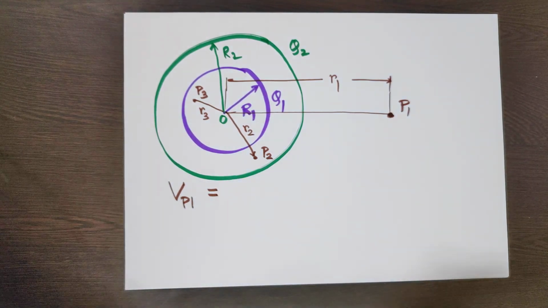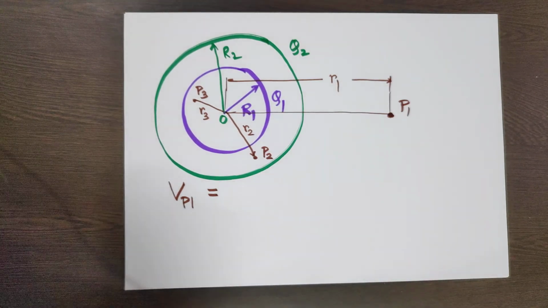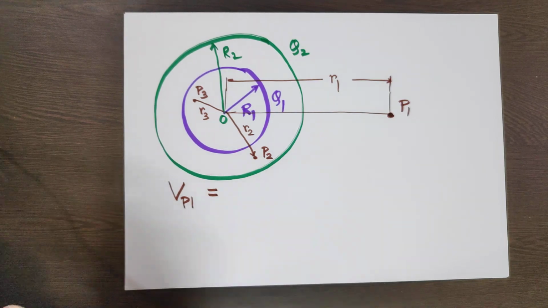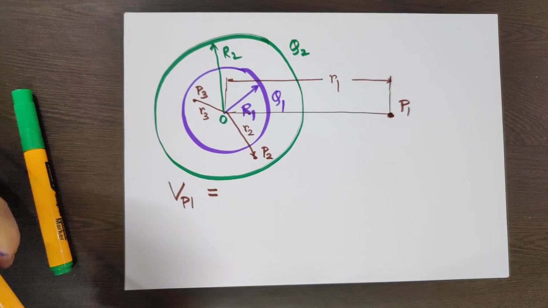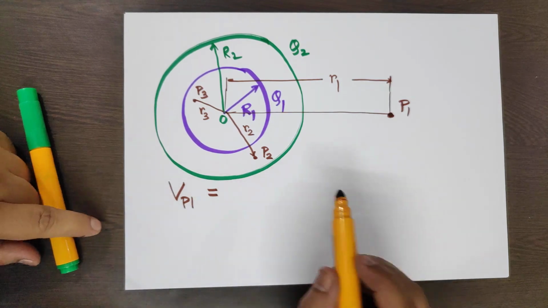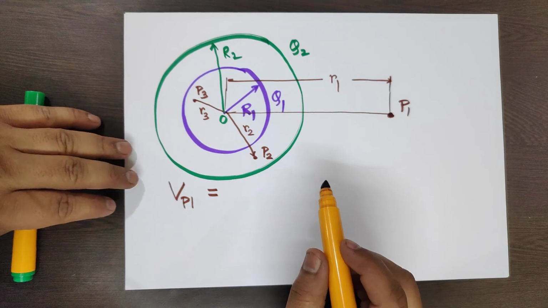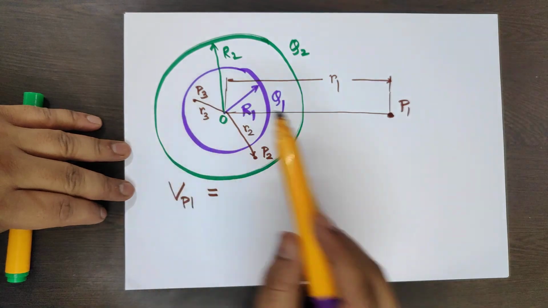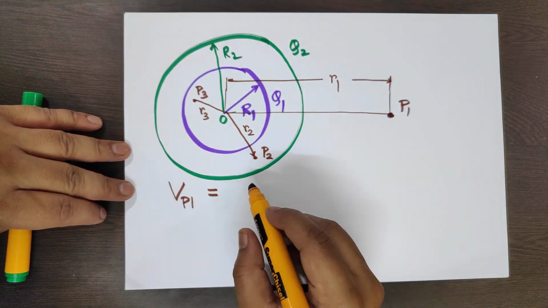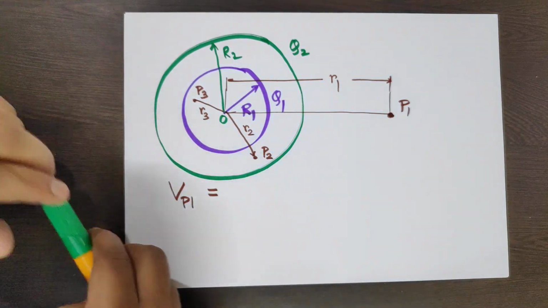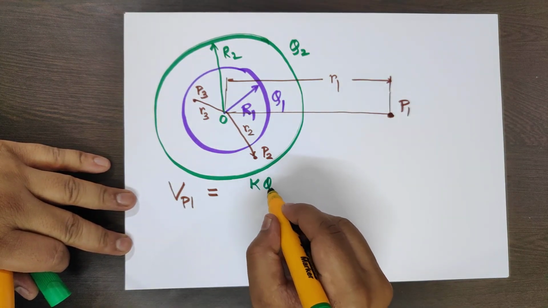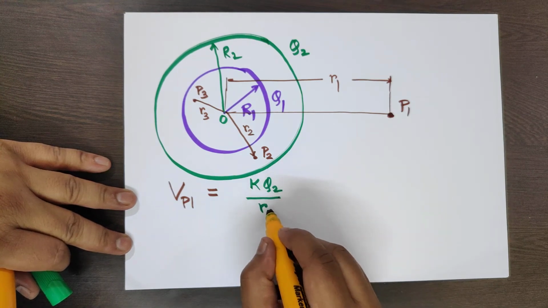So potential at the point P1, then we will apply superposition, say violet and green, right. Now at point P1, potential due to the green shell is how much? So when you calculate potential at P1 due to the green shell, forget about this violet shell, right. So that is what superposition is. So bring in the green first. Due to the green shell, it is kq2 by r1,